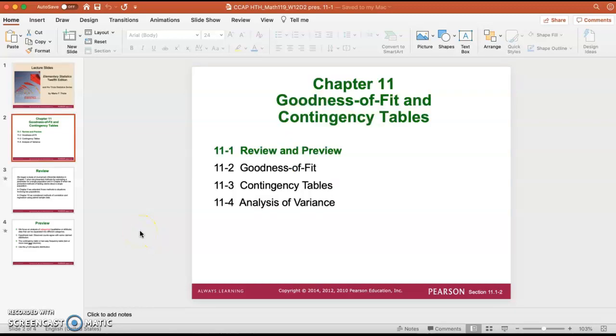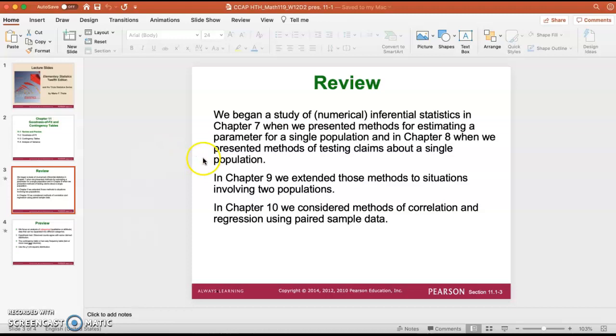Just wanted to talk real quick about some review and preview that is going into chapter 11 here. So as far as review goes, keep in mind that so far for inferential statistics, we've looked at numerical methods of inferential statistics, such as in chapter 7, we presented methods for estimating a parameter of a single population, so confidence intervals. And in chapter 8, we presented methods for testing claims about a single population with hypothesis tests,